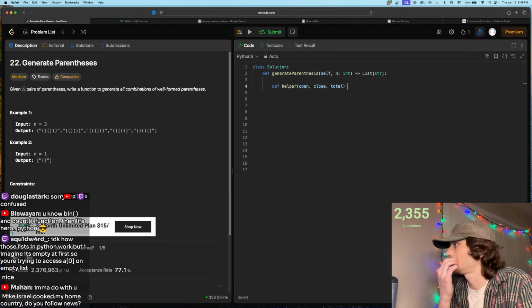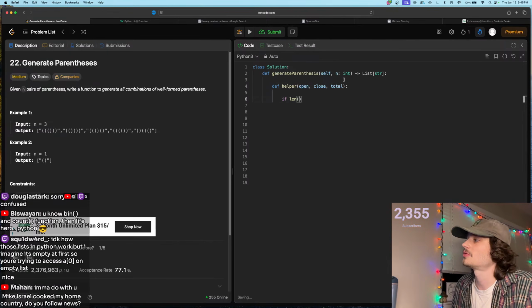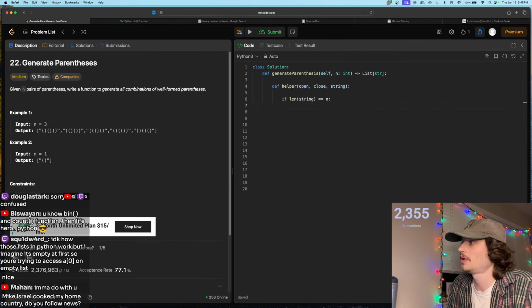Okay, def helper open close total. So my base case, right, my base case is if the length, no, we don't want total. This is going to be our string, right? So if the length of our string becomes equal to n, we're going to return. No, we're going to